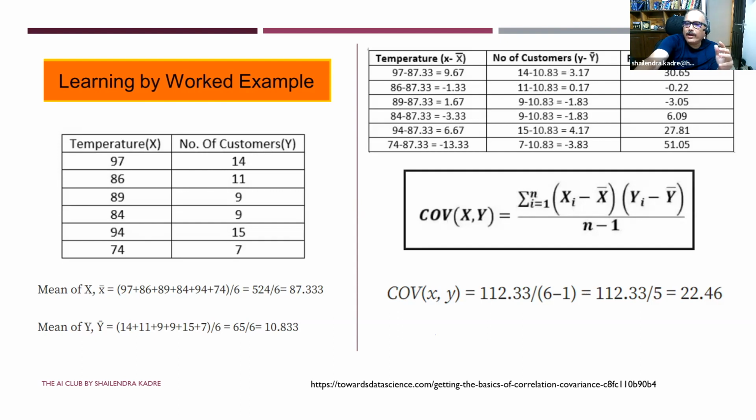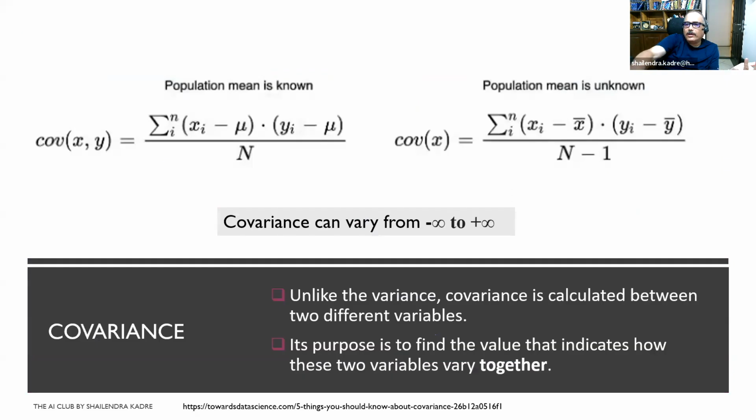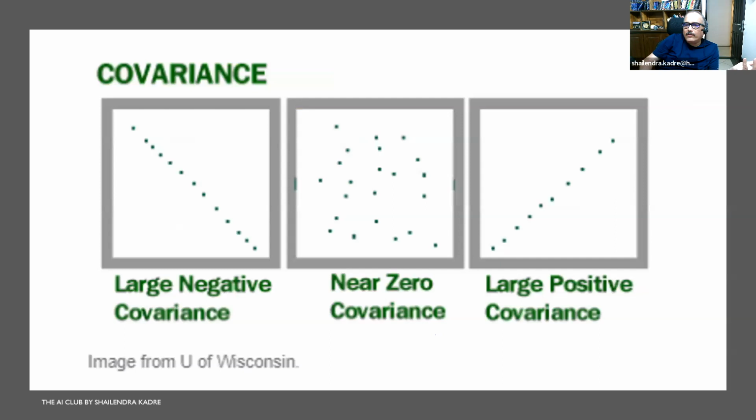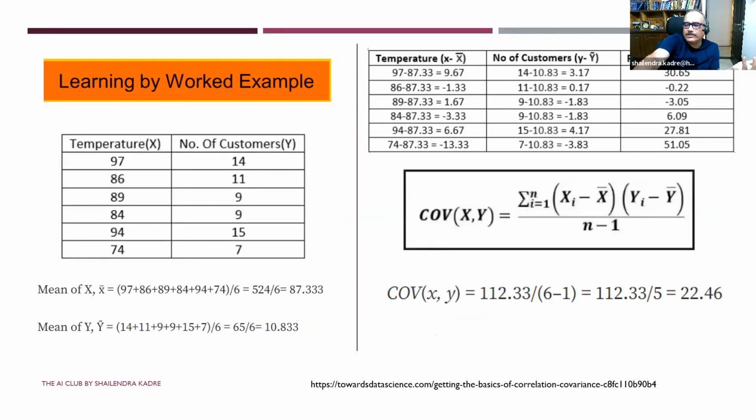And I have to divide by n minus 1. Why have I divided by n minus 1? Because right now I am not working with complete data, I am working with a sample. When I am working with a sample, I have to divide by n minus 1. N is 6, minus 1, 6 minus 1, 5. You just calculate. So covariance XY is